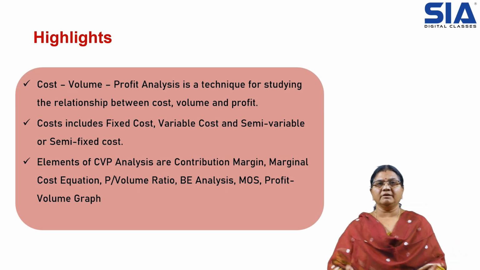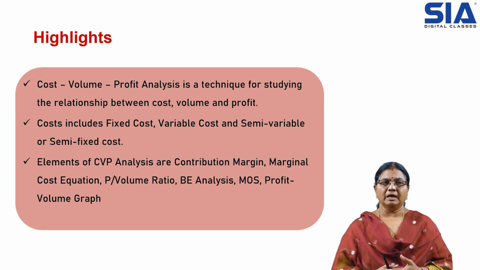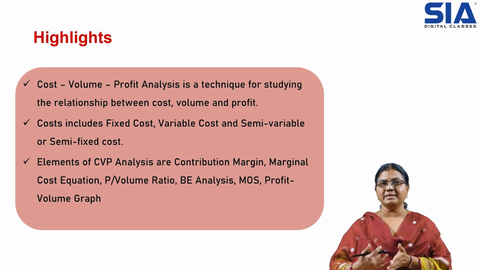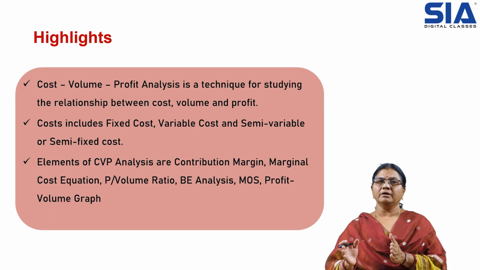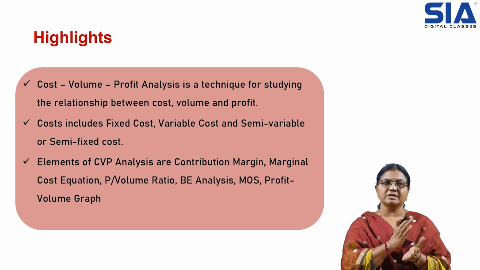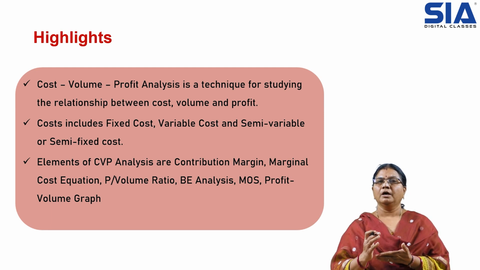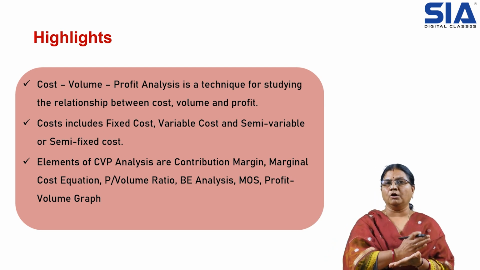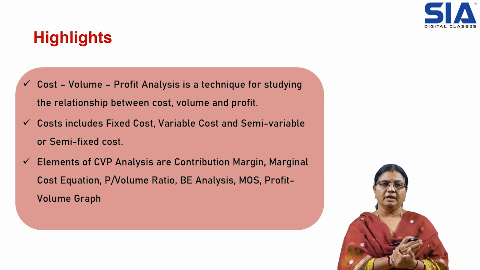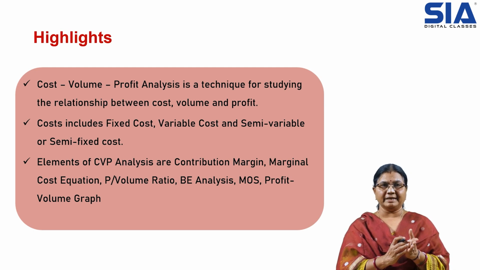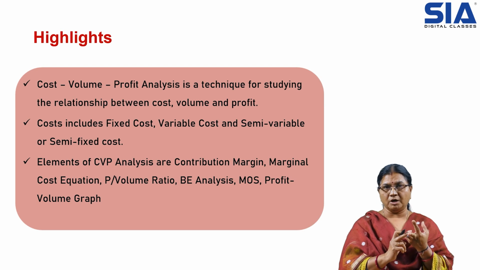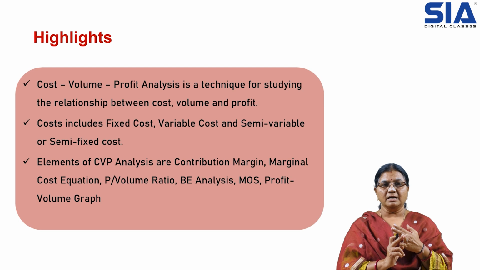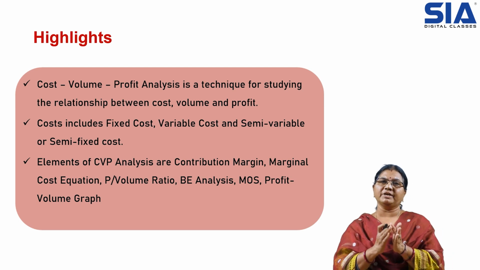Then revising the topics, whatever we dealt today about the cost volume profit analysis, that is what we understood. This analysis will help us find out the relation between the three factors, that is the relation between cost, volume and profit. How much profit we have to earn, that depends on how much sales we have to make. That depends on the cost, how much it is incurring for the cost of production. Then, cost also, we studied about different types of cost, that is fixed cost, variable cost, semi-variable cost, and so on. We discussed the objectives of the CVP analysis, and also we have seen examples of each and everything.